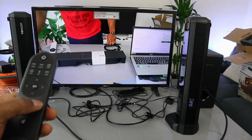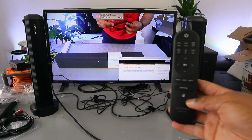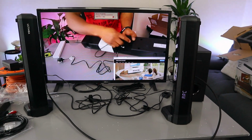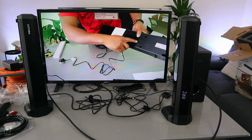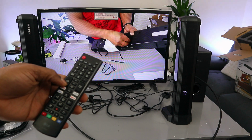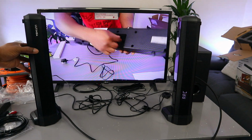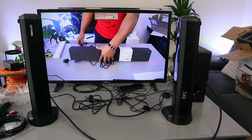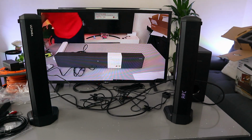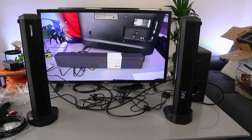Okay. Now this soundbar, once you unplug it, you need to use the optical cable. Plug it in where it's written digital audio in optical. Push the optical cable inside. You can see the cable is in. Now we need to connect this using an LG TV, but you can hook this up with any TV. So from your TV you need to go to